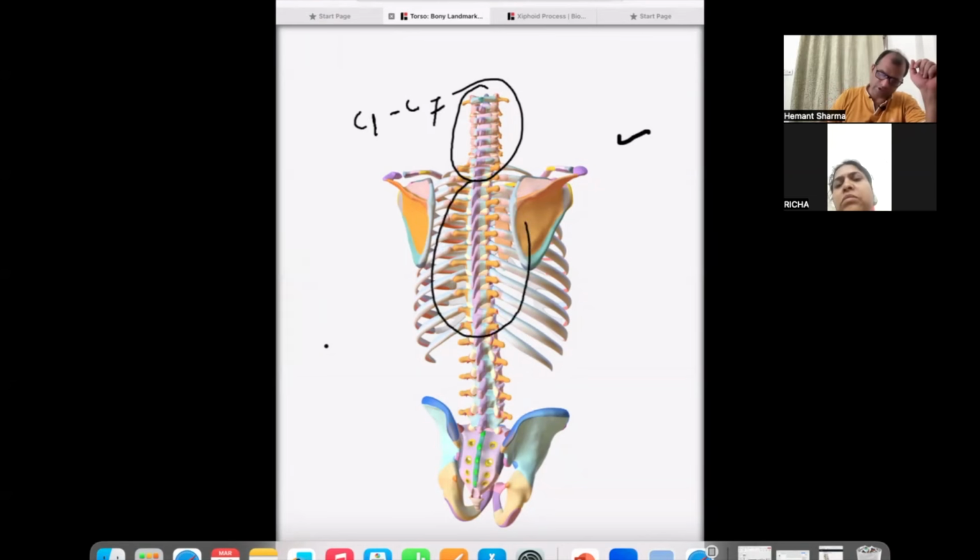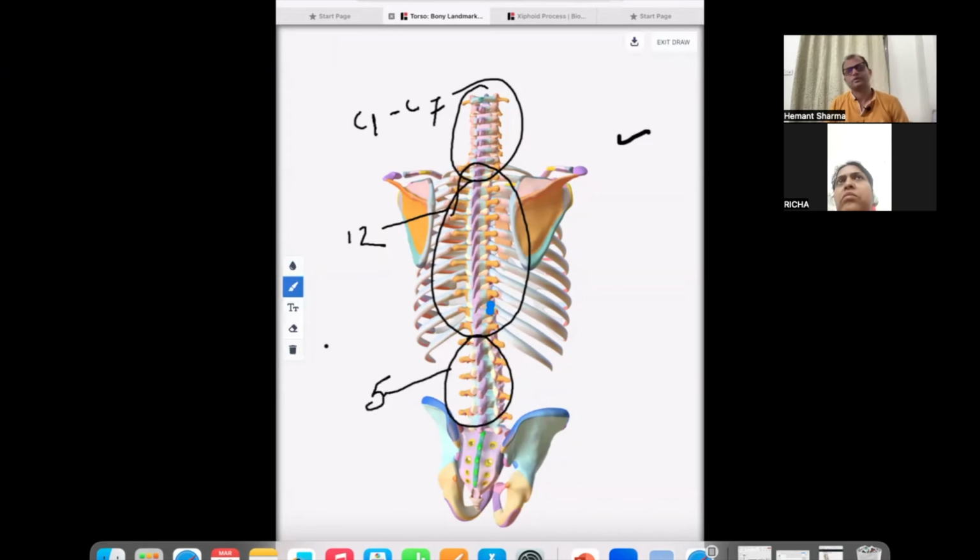In the thoracic vertebra we have a total of 12 vertebrae, कुल 12 vertebrae, T1 to T12। In the lumbar vertebrae there are a total of 5 vertebrae, lumbar में 5 होती है, thoracic में 12। और फिर हम चले जाएं नीचे, सबसे नीचे देखिए, it's a very wonderful structure, that is called, ये क्या है, ये सैक्रम है, सबसे नीचे का पार्ट क्या है, सैक्रम है।